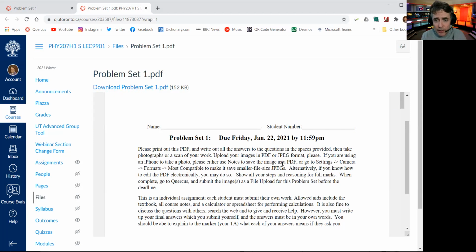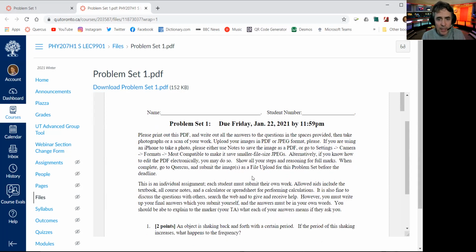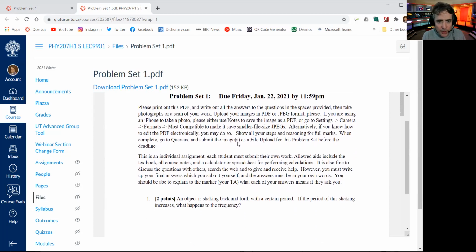It tells you how to do that if you're using an iPhone. Alternatively, if you know how to edit a PDF electronically, like if you have a tablet or something fancy, you can do that. Point is, you just should submit it back up to Quarkus. When you're done, you go to Quarkus and submit the images as a file upload, which you should be able to see.